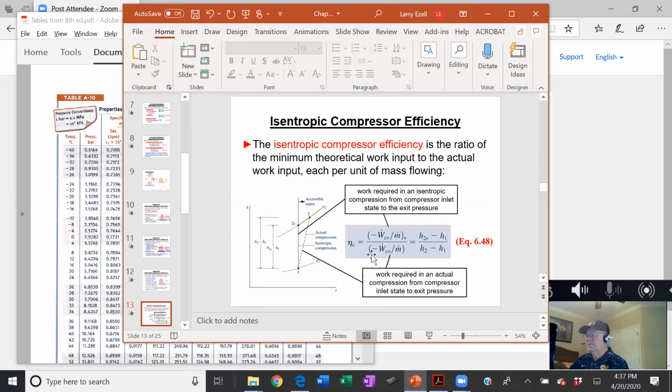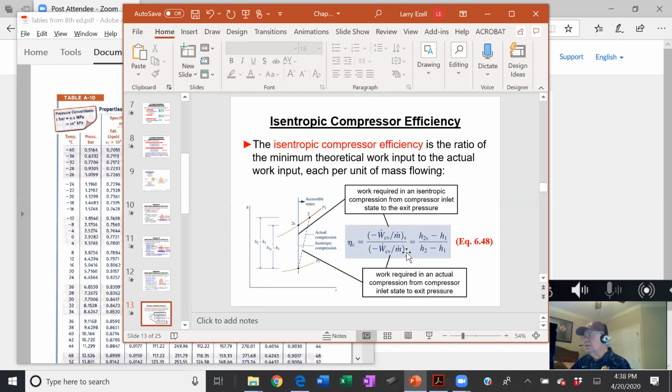Isentropic compressor efficiency. He likes to use the negative work of the control volume isentropically over the negative actual work of the control volume, not control valve. And our control volume is now the compressor. By the way, when we draw a control volume of a compressor, not only do we show the input and output and the conditions at those two points, we also show the shaft being spun up with an arrow to show that there's shaft work. I think all of you missed that on test 3,